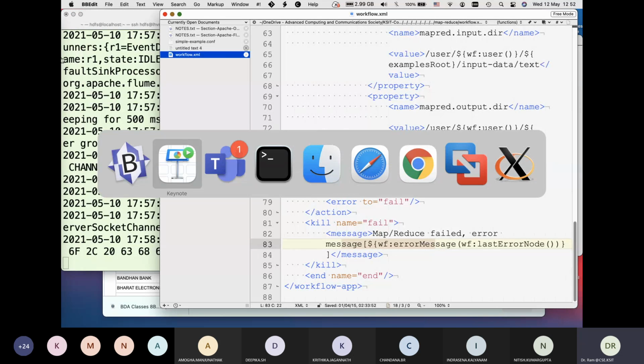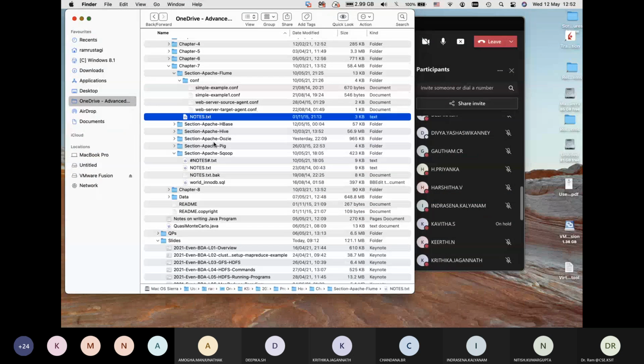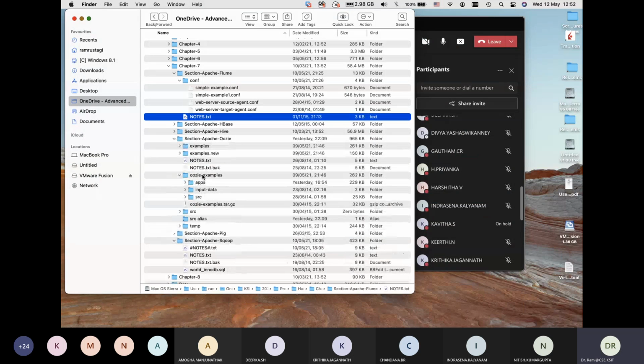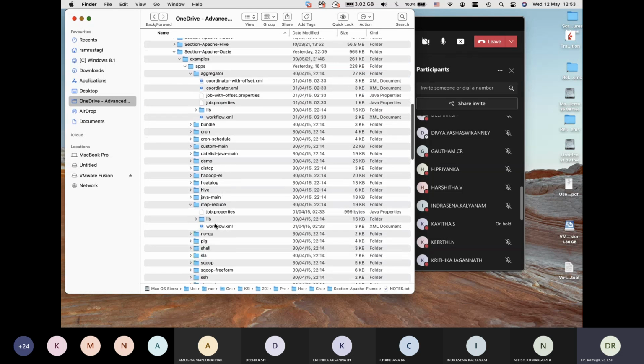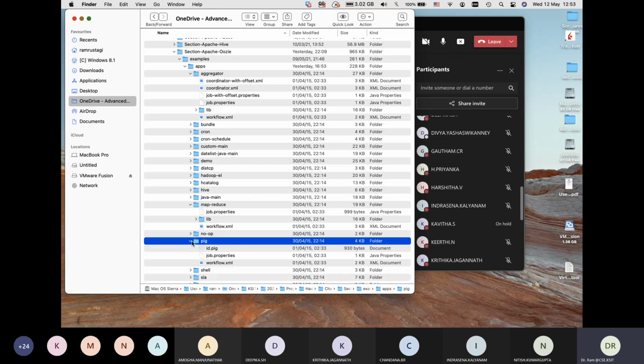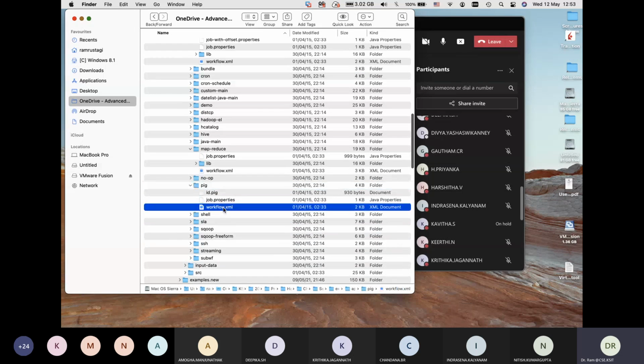And if you want to look at more complicated examples, in Apache Oozie, for different examples you have different kinds of applications, and each one has its own workflow. So aggregation, MapReduce. I had taken the simple MapReduce example. You can look at Pig. Again, there'll be different examples. So explore those, work it out, and that way you can define what the workflow example would be.